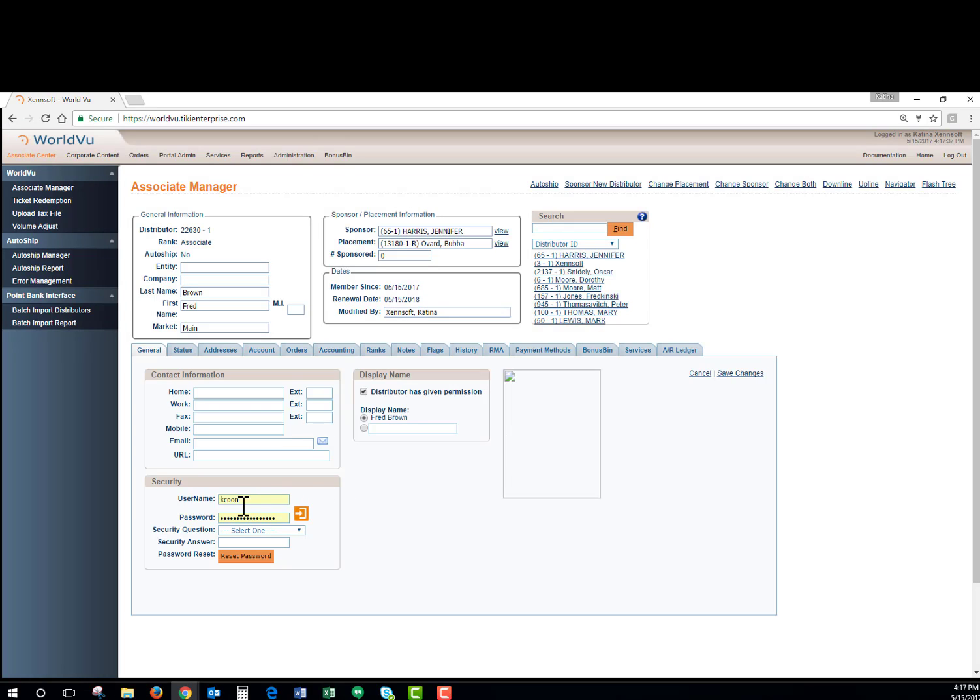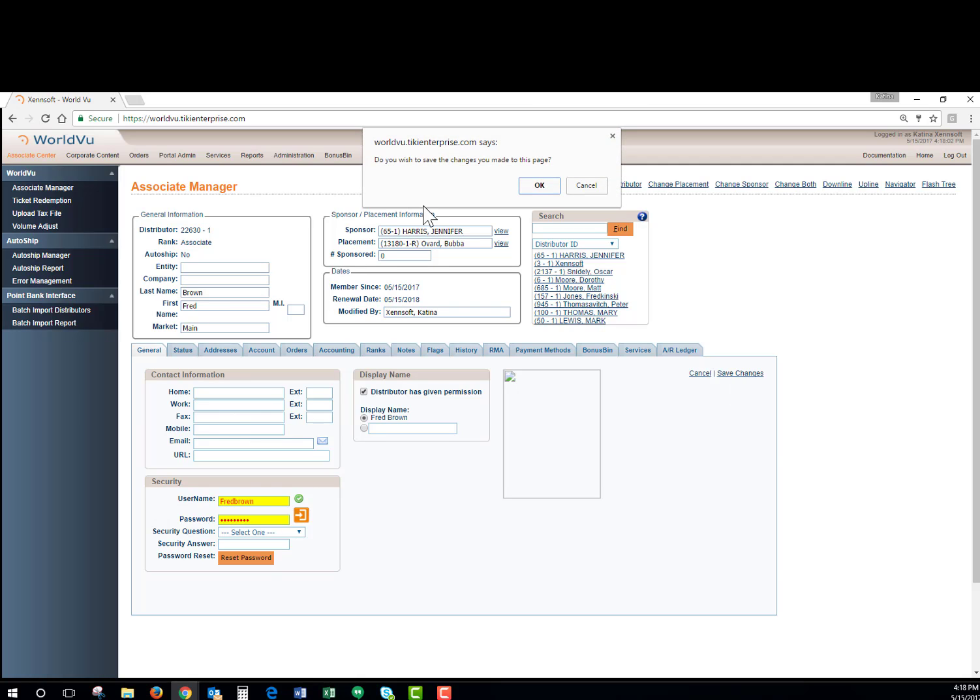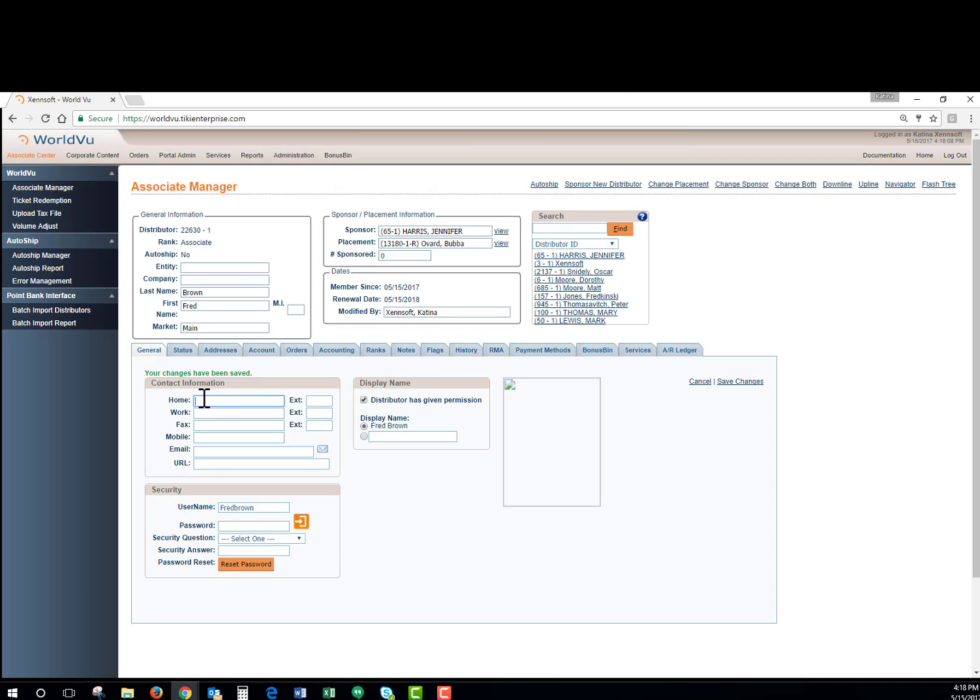The account is created right now, but you have to go in and set up all the fields. So my computer automatically threw in the username and password. So I'm going to first override that. I'm going to make the username Fred Brown. I'm going to create his password. Then I'm going to fill out other information on his account